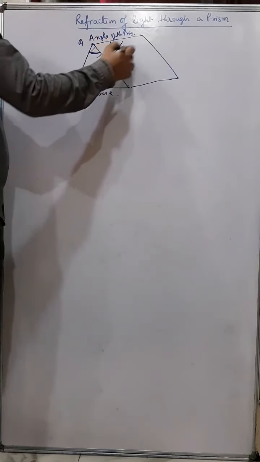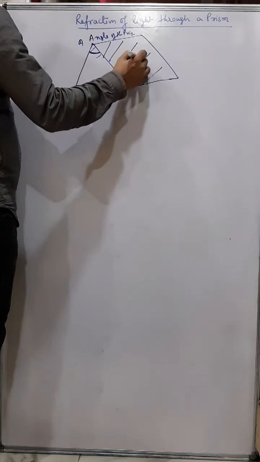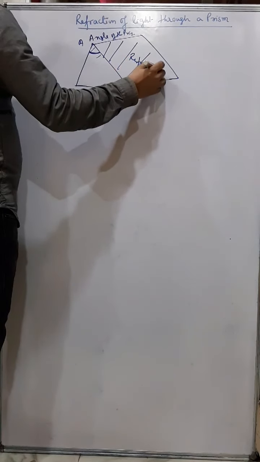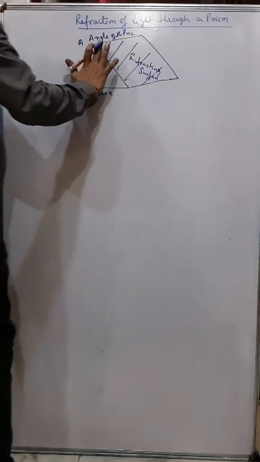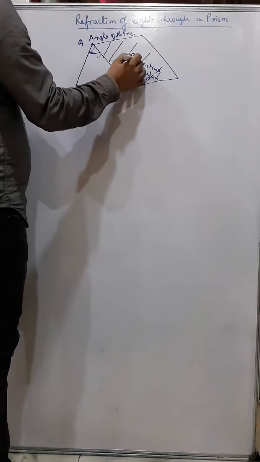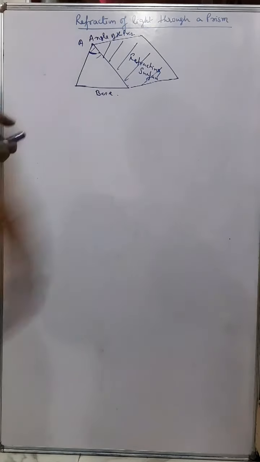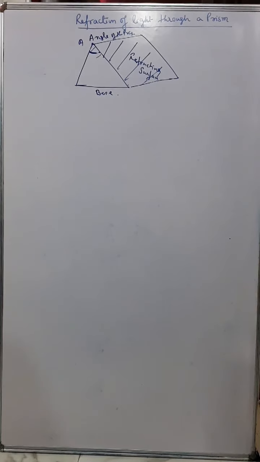This surface and the other side on that surface, these are known as the refracting surfaces. Light enters from one side and exits from the other side. So light passes through these surfaces and therefore they are known as the refracting surfaces of a prism. Okay, so this is a normal prism. Now, to understand the refraction of light through a prism,